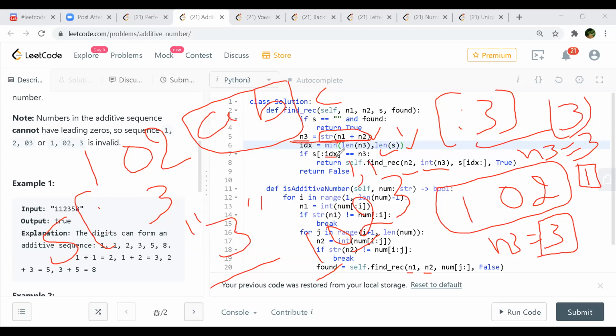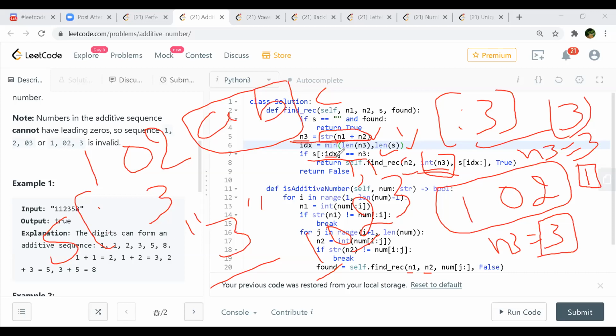So now it is matching this 1 with 1, then it will go for the next. Again I'll convert this to integer. So if your IDX is after the colon, it means it is the length, and if it is before the colon, it means it is the index. So you're forming a substring. Okay, no problem.